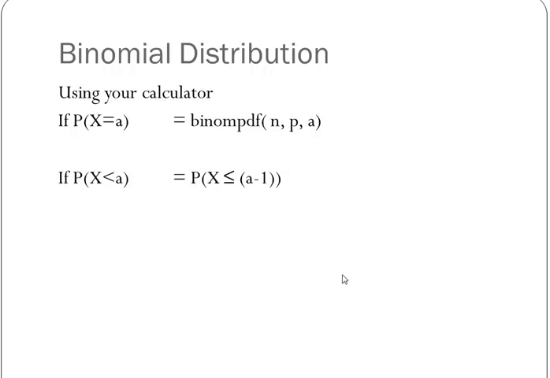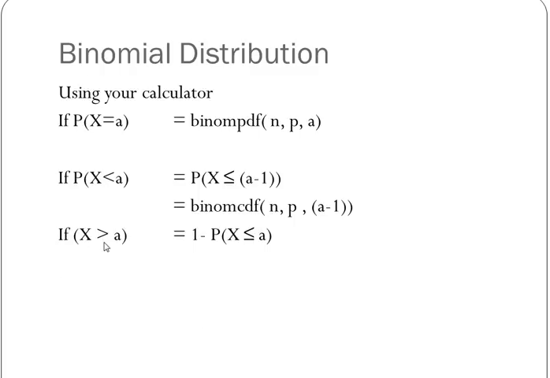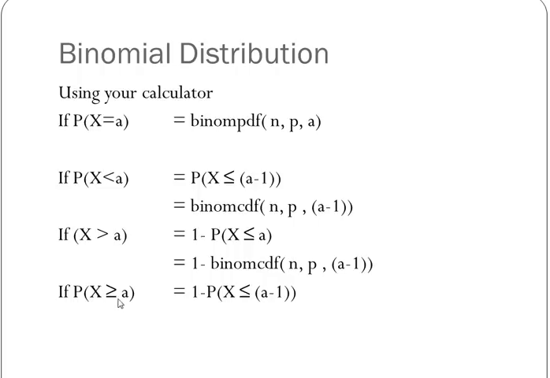Okay. If I want to work out something that's less than or equal to a, so I've got to work out the probability of X is less than or equal to a number, that means I use a binomial CDF. And the binomial CDF is the next one down. So I've got to do number of trials, probability of success, and the amount is less than or equal to. If I want to do a greater than a, not including a, I can go 1 minus, because it's the other half of the distribution. 1 minus the probability of X is less than or equal to a. And if I want to do probability greater than or equal to a, I'm going to do 1 minus the probability is less than or equal to a, strictly below a. And all of those less than and greaters are